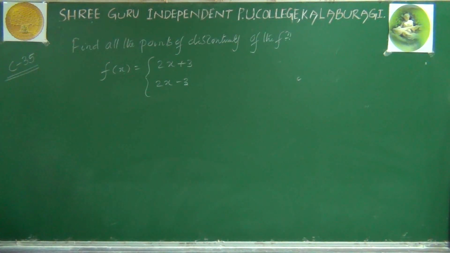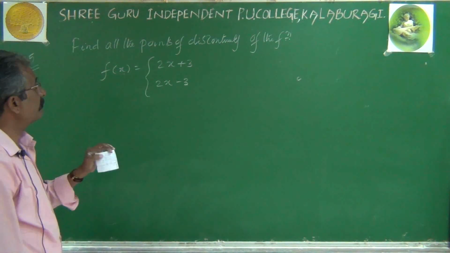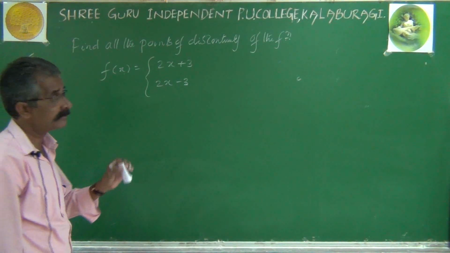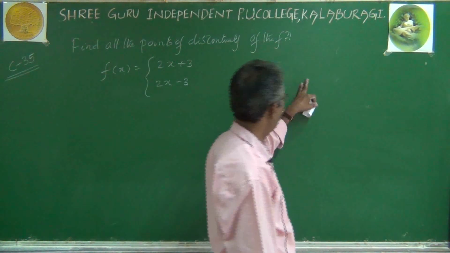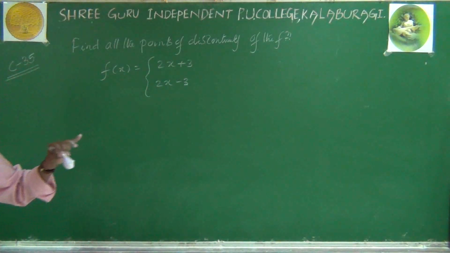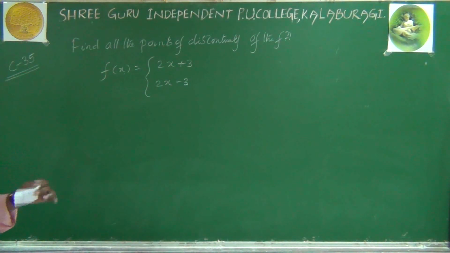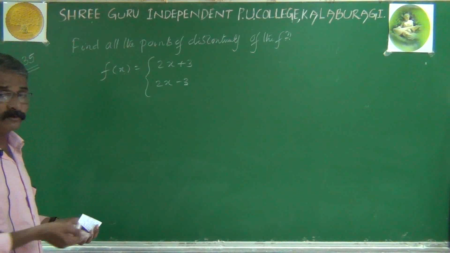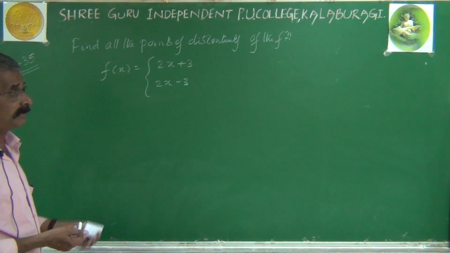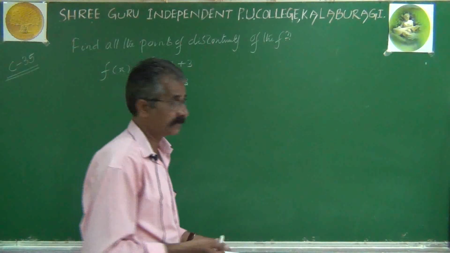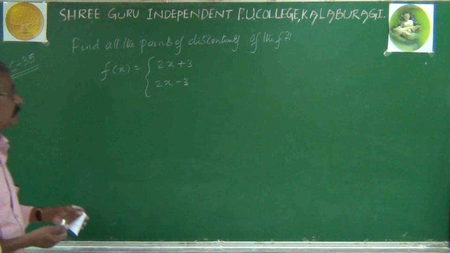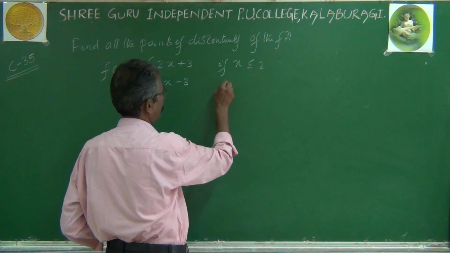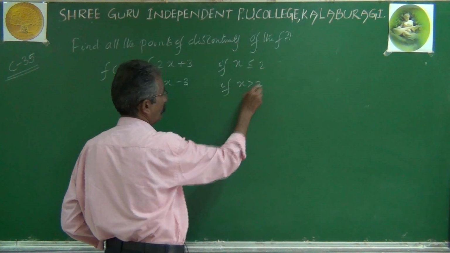You be attentive in this problem, the question asking way. Earlier problems discussed continuity of the function at specified values of x, I mean at specified points. Here there are no such specified points. Any point may become a point of continuity or discontinuity, but if you go on hunting those points, it will be impossible because there are infinite number of values of x. So we have the generalization method. First one, if x less than or equal to 2. Second one, if x greater than 2.